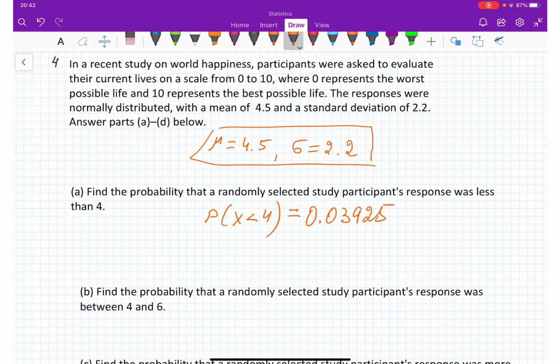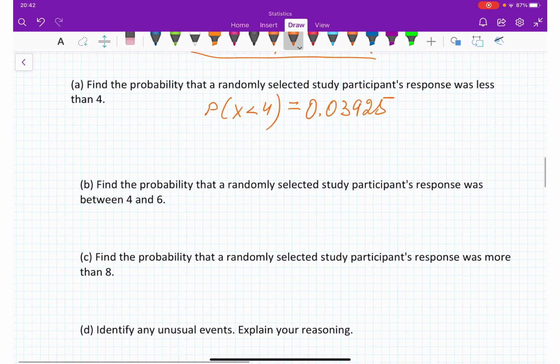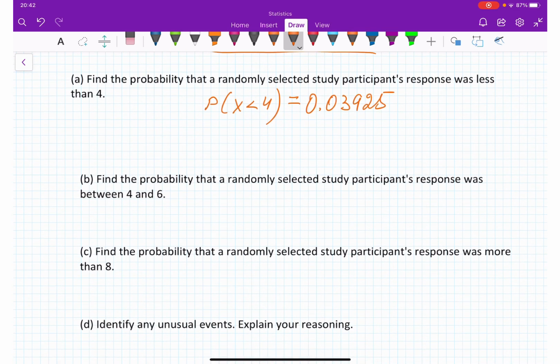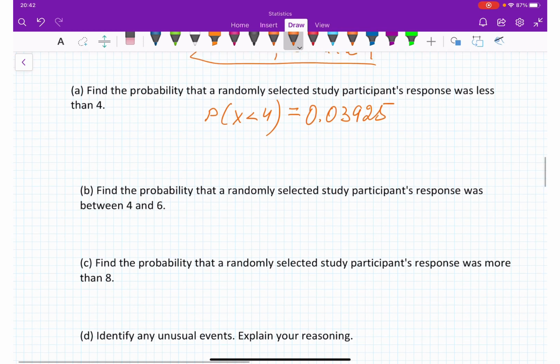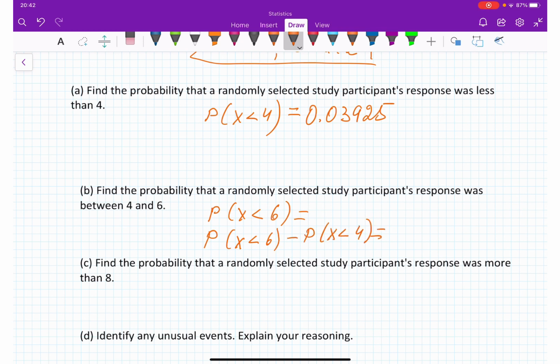0.03925. Okay, now between 4 and 6. All right, between 4 and 6, which means what we need to do first, we need to find probability. 4 we already have it, so we need to get probability less than 6, right? And then do probability x is less than 6 minus probability x is less than 4. So, and what we are going to get,